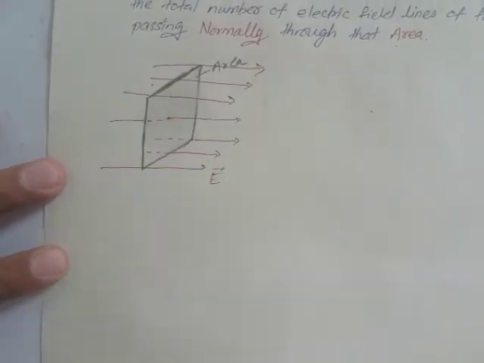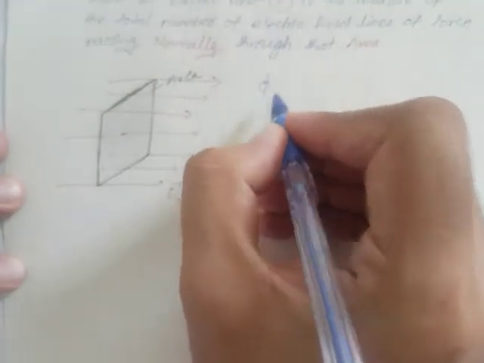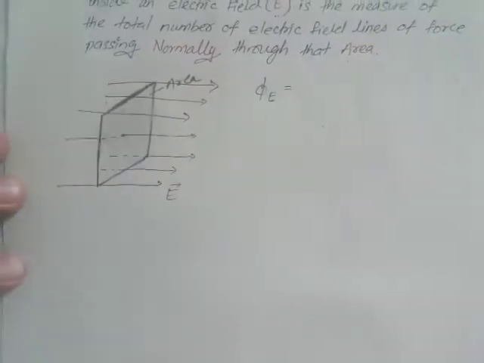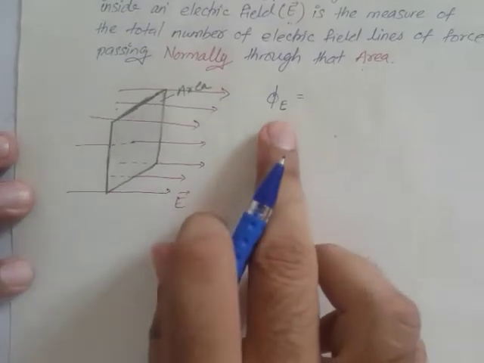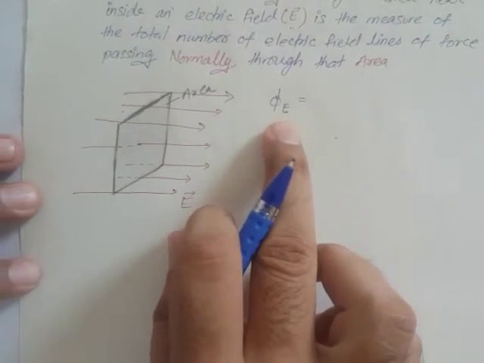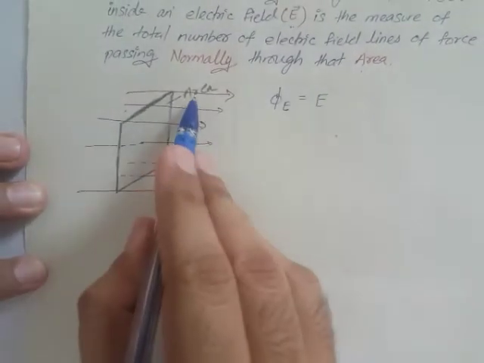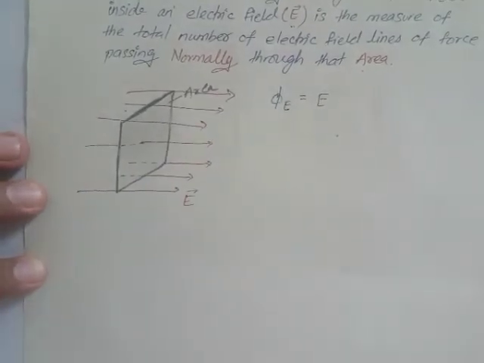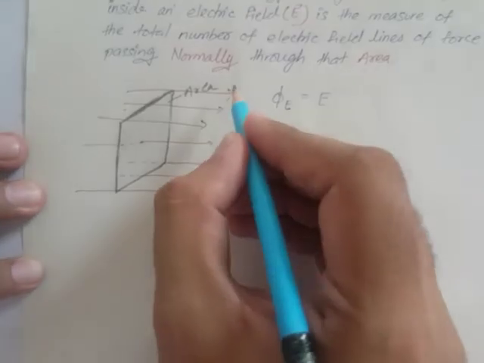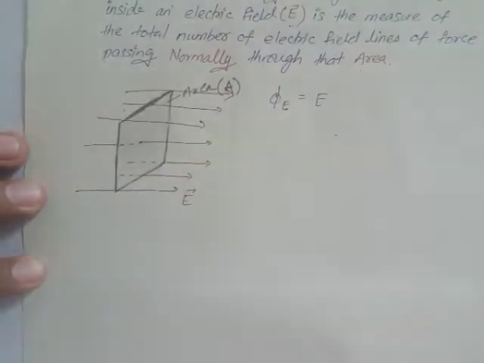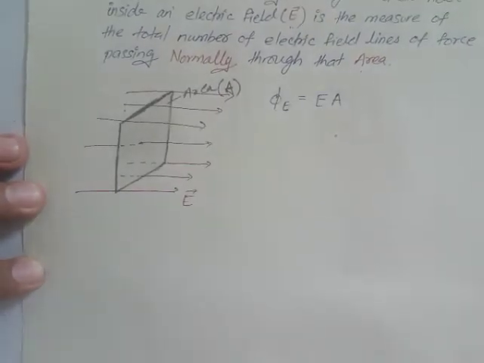So now according to the formula we can say that electric flux is phi E, because in the upcoming lectures we are also going to see magnetic flux. That's why we write E over here. So as per this we can write the electric field E and the area. If we represent this area vector with S, we can multiply with S. Surface can also be said, or area can also be said. Let us consider it to be capital A. You can write it with an S also. So EA is also known as electric flux.